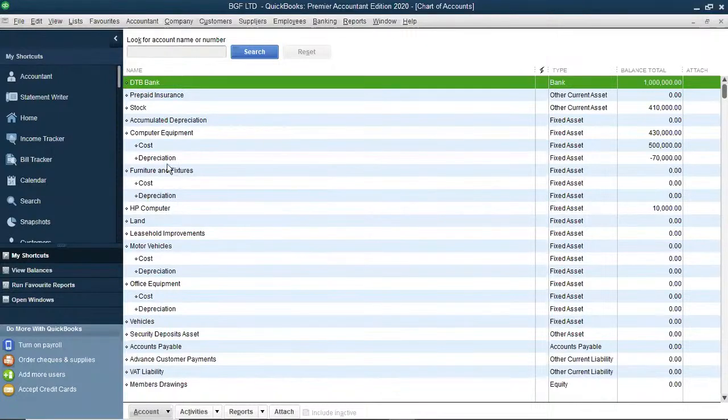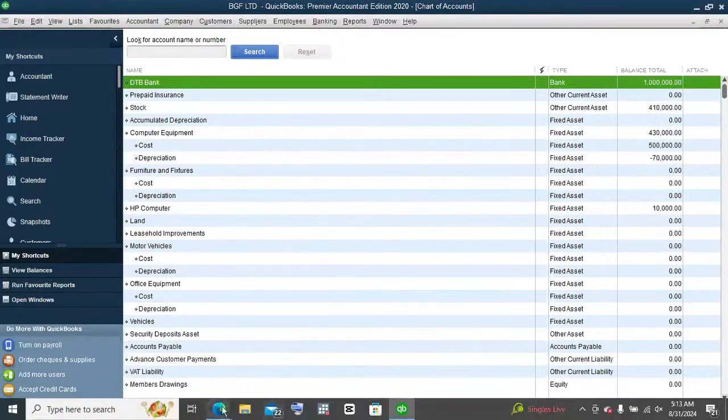QuickBooks already has some fixed assets recorded here. Like for instance, number one is computer equipment. But I want you to notice how this is recorded. We have computer equipment here, then below computer equipment, with a little indentation, we have cost and depreciation. Anytime you see an account here, and after it there is more indentation to the main account,